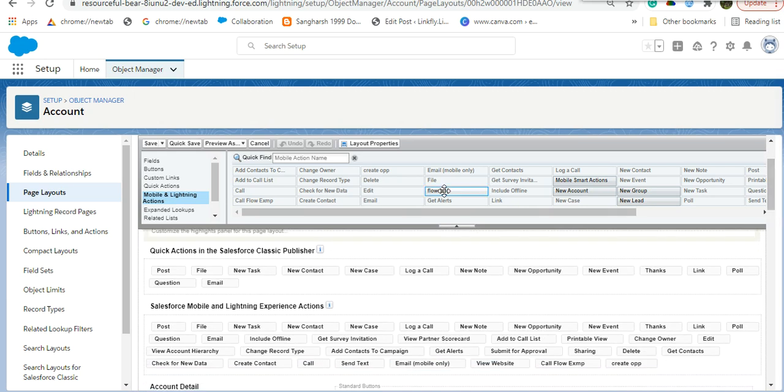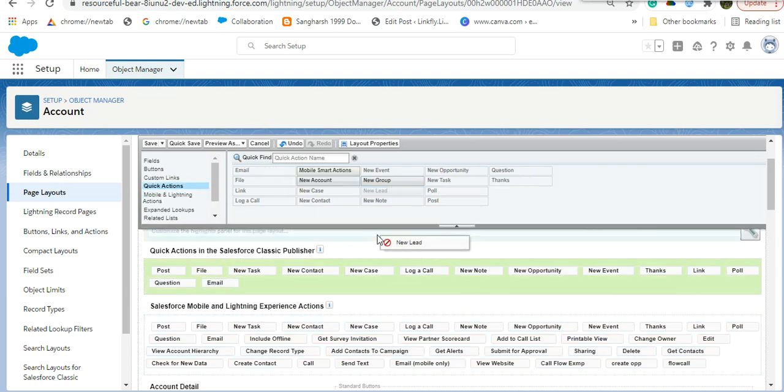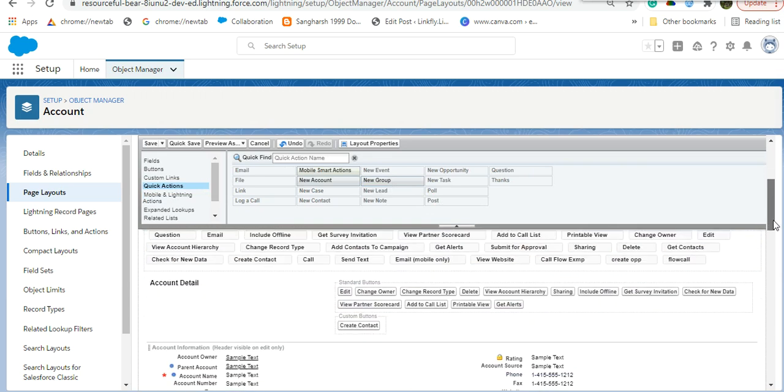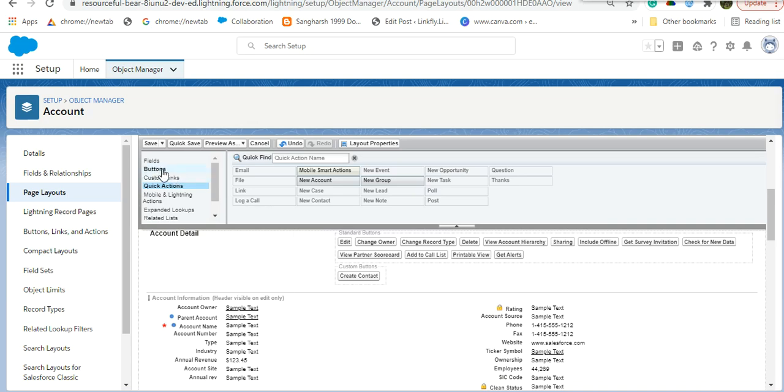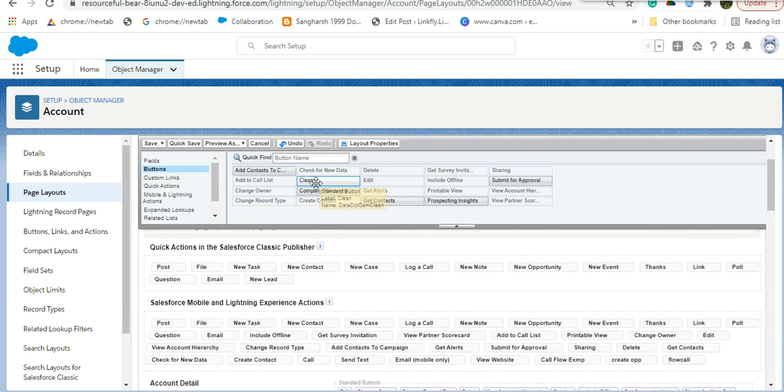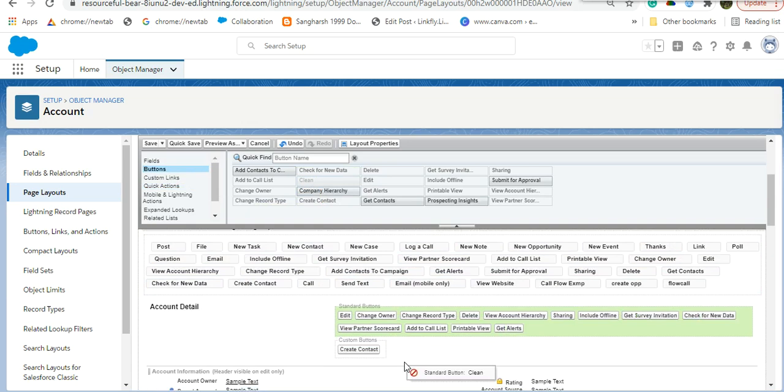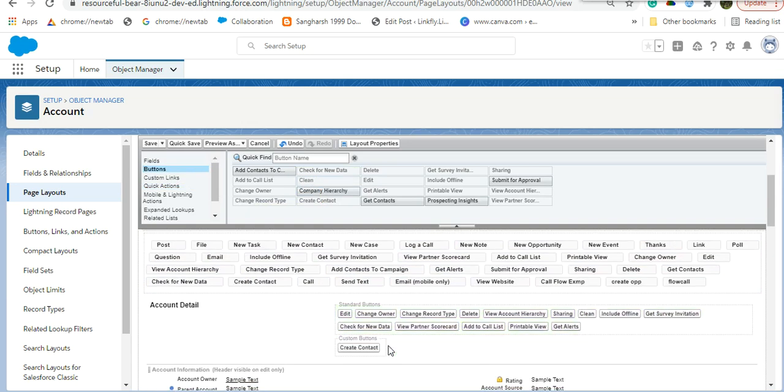Just suppose I'm just dragging and dropping the actions over here. You can also add the quick actions too, so in the quick actions section you can add the quick actions. So this is the way you can arrange things. Like if you want to add any button, drag and drop the button in the button section. So this is the way you can arrange the fields, the buttons, and also